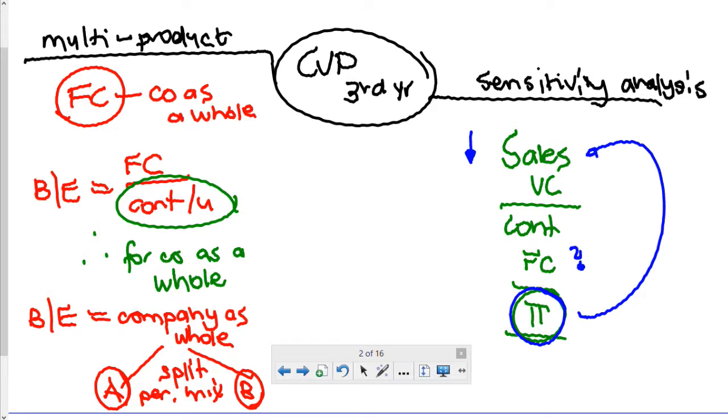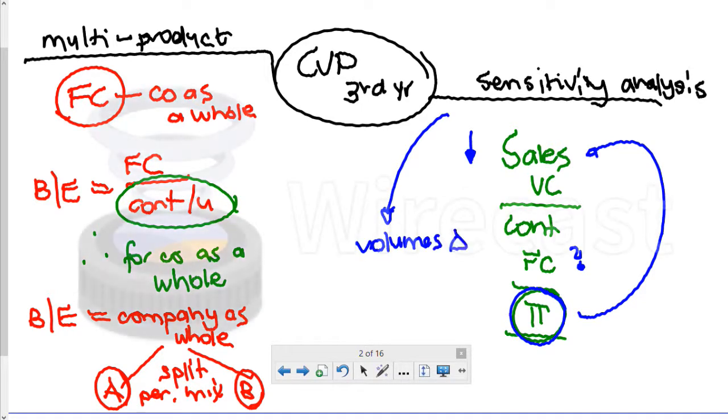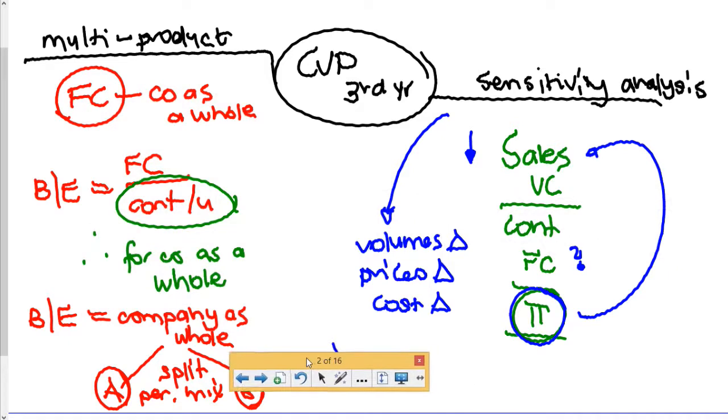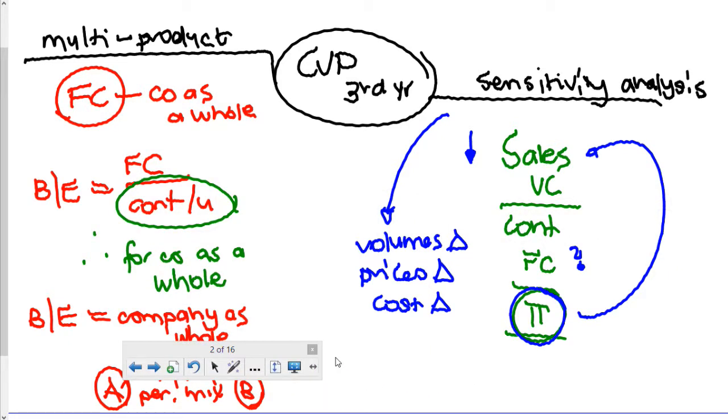That's what sensitivity analysis is. It's an analysis of how much can my prices increase or decrease, my costs increase or decrease, my volumes increase or decrease. So sensitivity analysis is all about volumes changing, prices changing, costs changing. How much can those change and I still break even? That's what sensitivity analysis is. So it's about all of these changing, but still break even. And so there's an example that I want you to practice there. It is example,